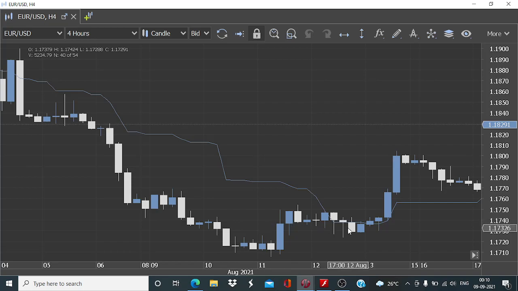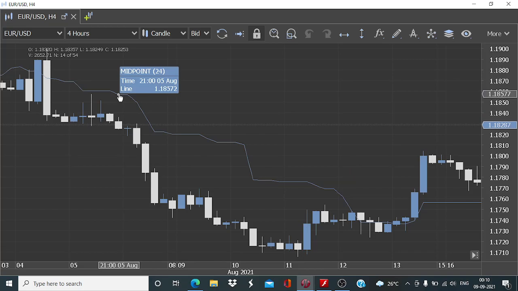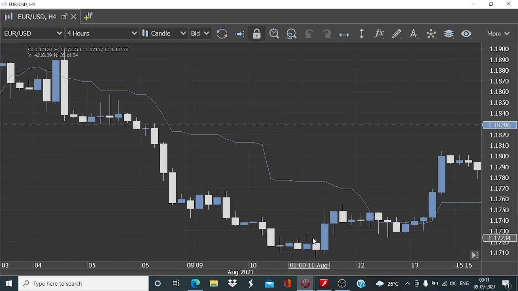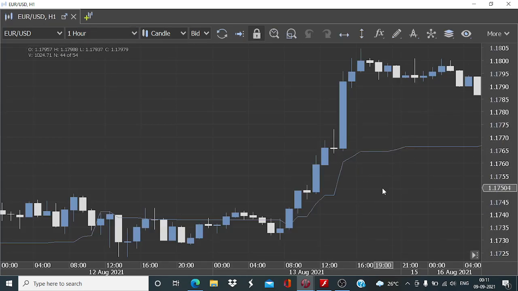So to exploit that kind of situation, we can take the help of this midpoint indicator, and if we see that last 4 hours output value for the midpoint is lower compared to the midpoint output 5 days back, we can be quite sure that there has been substantial fall, substantial decline in the underlying instrument's valuation. And in such a scenario, what we will do, we will simply change the time frame to lower